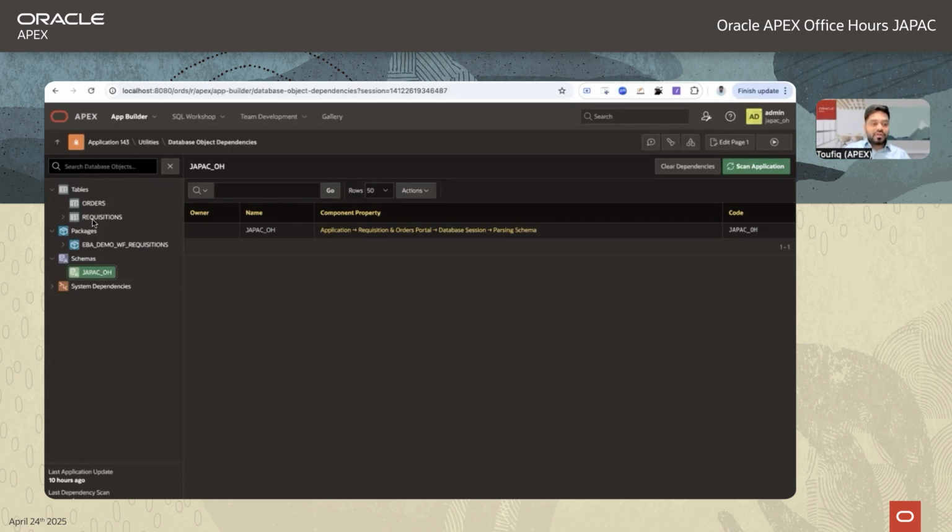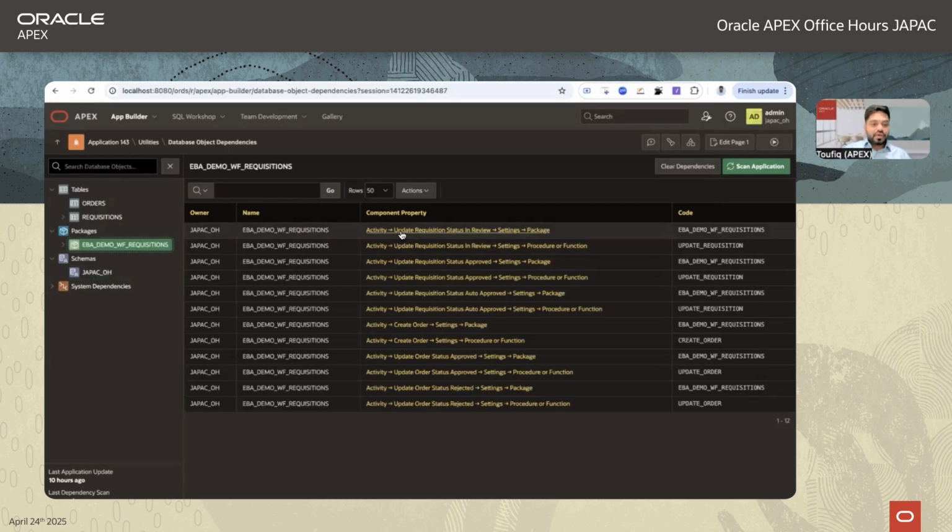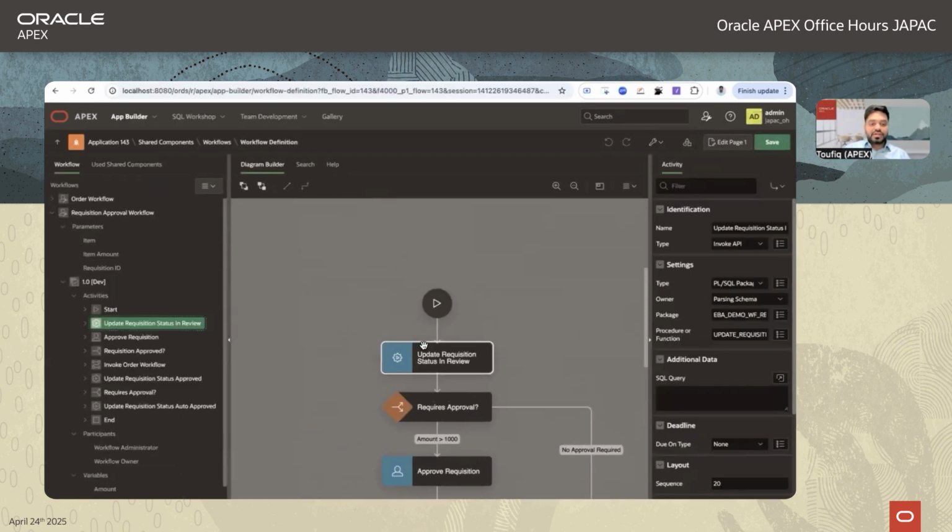And if you click on the link, it takes you to that dependency directly. So you can easily navigate to that dependency. So that is about this feature. Now talking about